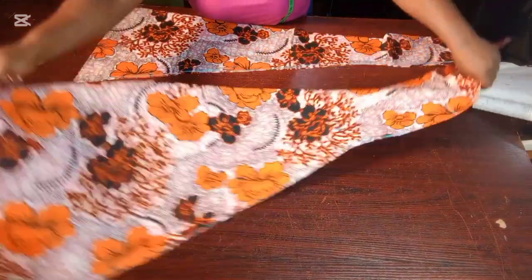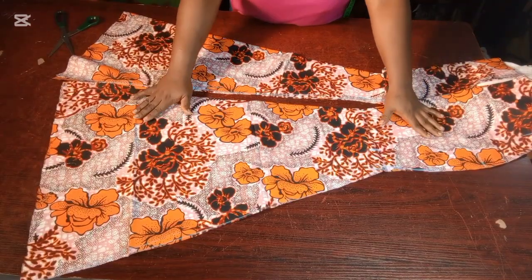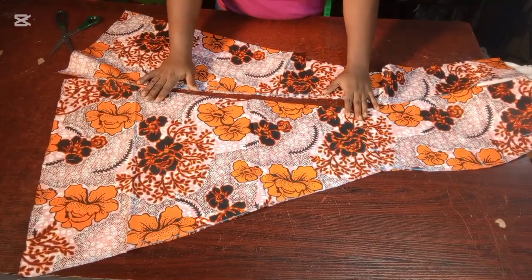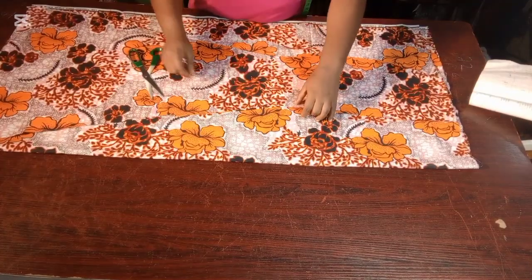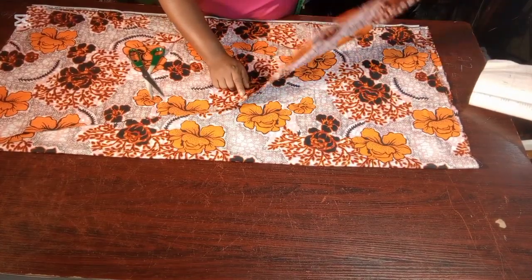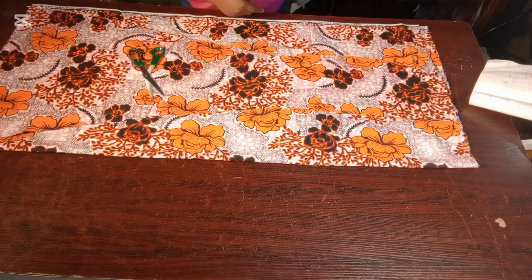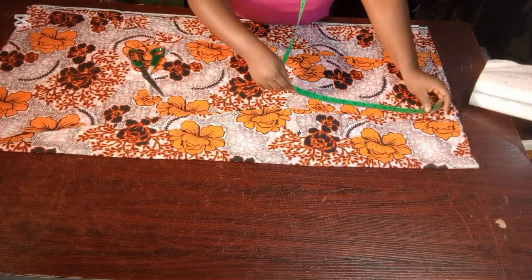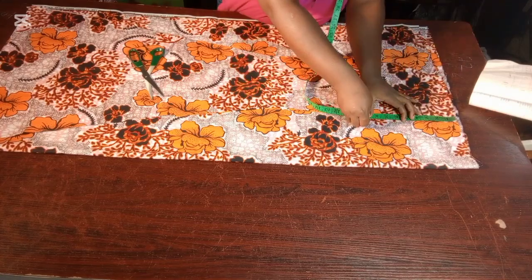So this is what I have. I have my center front and my side front ready. So we are going to cut the back right away. Okay, so I have my side front placed on this fabric, and this fabric is on fold. So all I need to do at this part, I would come down by at least to the hip line,